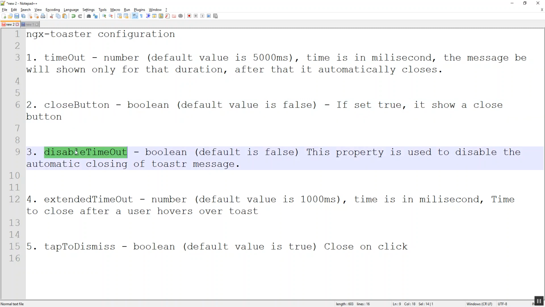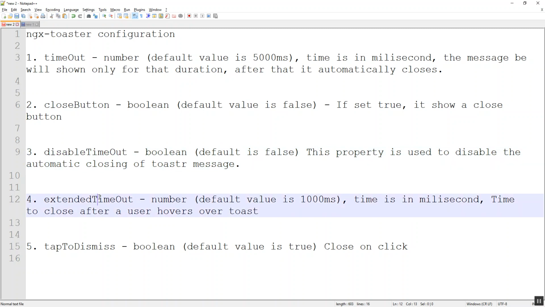Disable timeout. If we set this to true, then it will turn off the automatic closing of the toaster message. This property is used to disable the automatic closing of the toaster message. By default, it has a value of false.